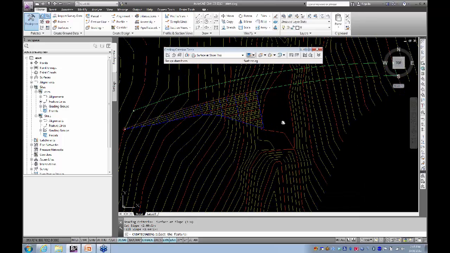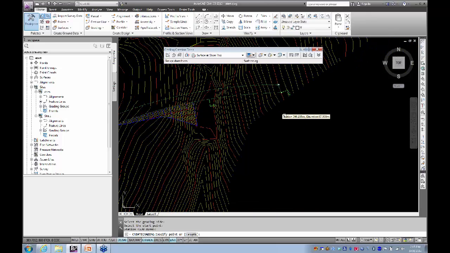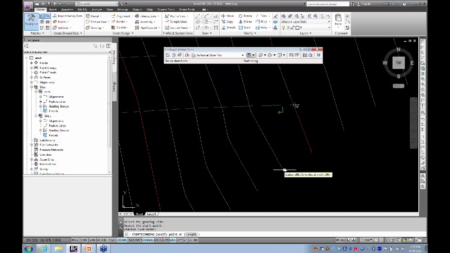Alright, so that's the first little thing that people may not have seen in training, the ability to do it just over part of the feature line. But then you want to know, well, how do we fill in the rest? So let's do this again, surface slope. It's going to come off of that feature line, on the outside, and let's just run it with a bit of a gap between the two, run it from there, enter to confirm that station, over to, if I can get this just in the right spot, there it is, and confirm that is the point we want to run it to, and let's make it